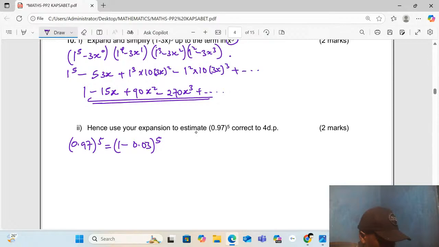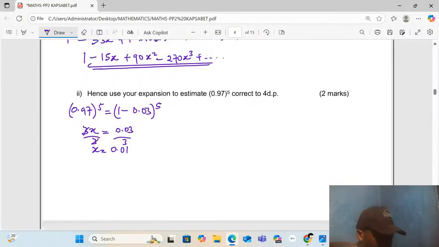So that means 3x is equal to 0.03. Then we divide by 3, to find the value of x. So x becomes 0.01. So that is now our x. Then